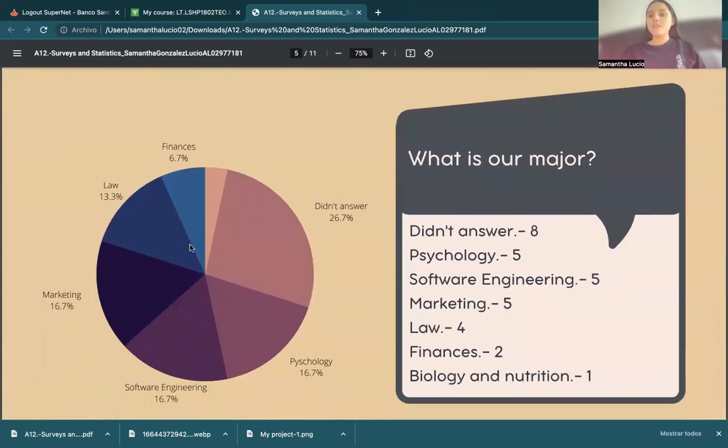Then I made a pie chart for what is our major. This has a lot of variety. I mean, most of the classroom study a different major. Only one studies biology and nutrition, and of the three that answered the survey that represents less. Then only two study finances, and that represents the